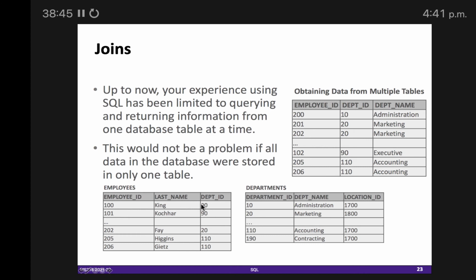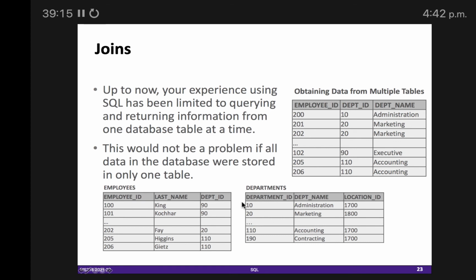So from one worksheet you will find that 90 is the department ID of this person. Then you will go to the next sheet and check for 90. For example, for this one, 110, we know that the department name is accounting, right?